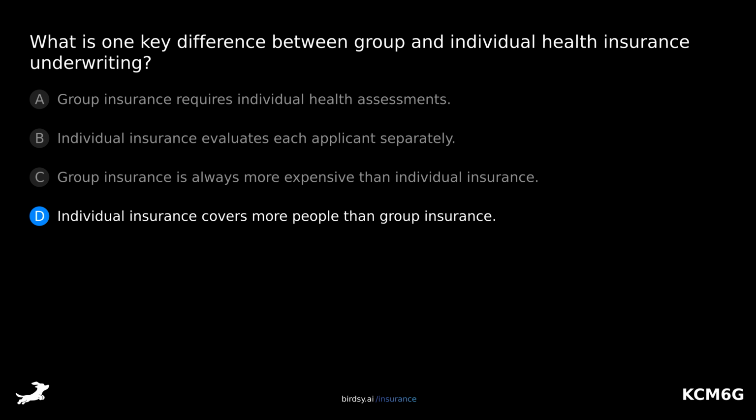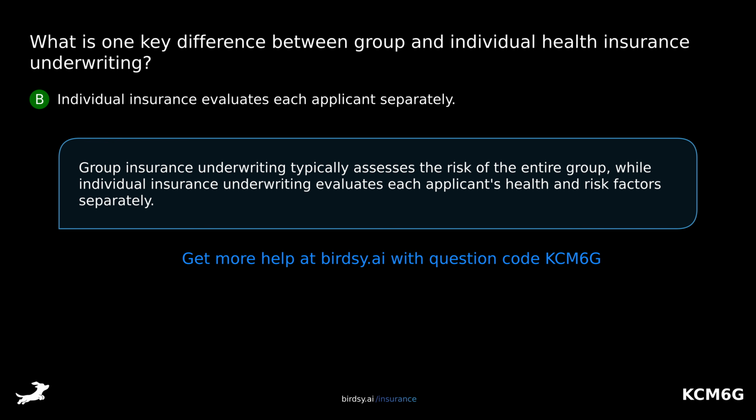Or D, individual insurance covers more people than group insurance? The answer is B. Individual insurance evaluates each applicant separately. Group insurance underwriting typically assesses the risk of the entire group, while individual insurance underwriting evaluates each applicant's health and